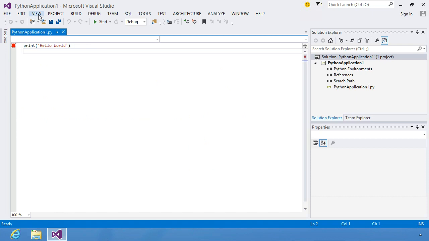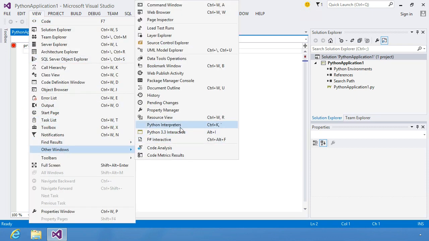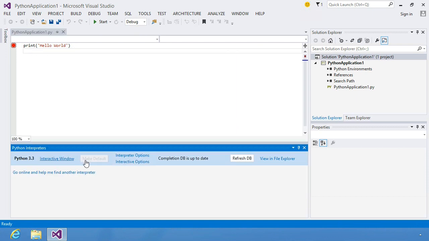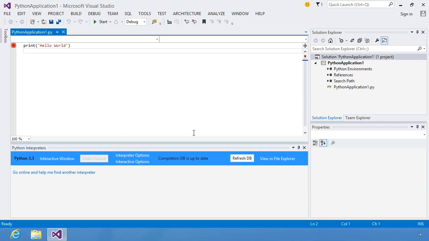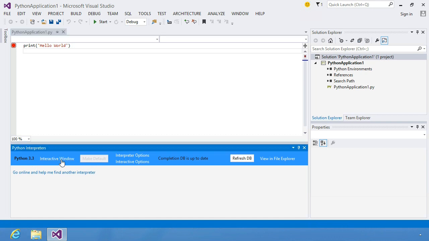New in PTVS 2.0, we have an Interpreters window, which I can bring up here, and it'll show me the status of my current interpreter. Right now the completion database is all up to date. That's because I've let it run for a little while, and I can bring up an interactive window right from here,